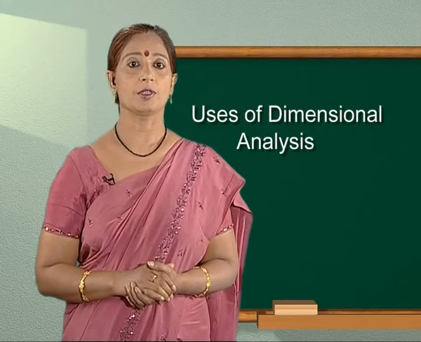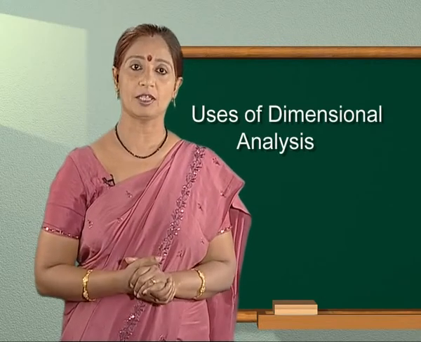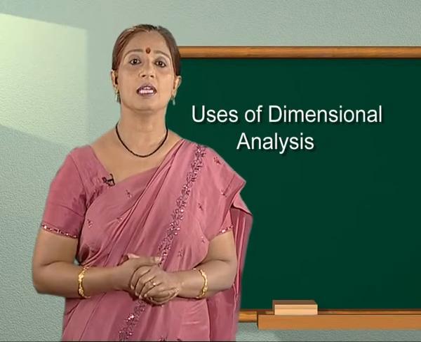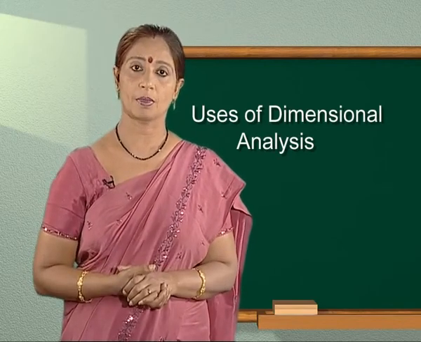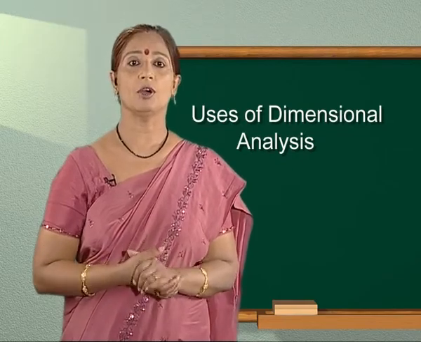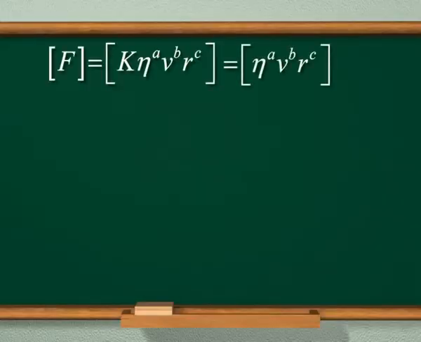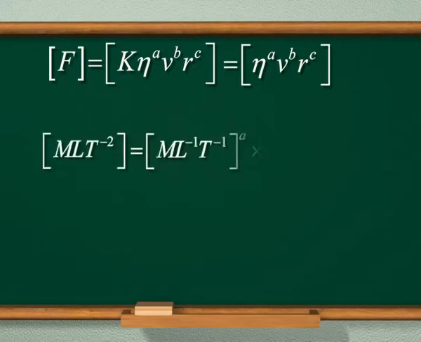On applying the principle of homogeneity of dimensions, the dimensions on the left and right side of the equation should be the same. Hence, dimension of F is equal to the dimension of k, eta with power a, v with power b, and r with power c. Neglecting the dimension of k as it is dimensionless and putting the dimensional formulae of each quantity, we get